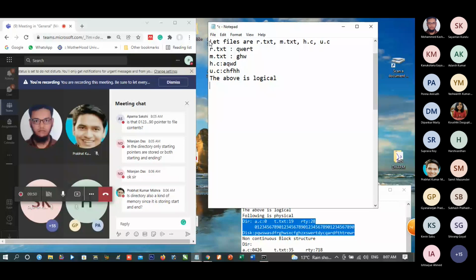Directory is stored in memory. Yes, directory is stored in main memory. Main memory is smaller in size. Storing big files in the directory is not possible. So directory simply is one level higher. It stores less information and gives the direction to find out the actual file contents. Is this all right to you?